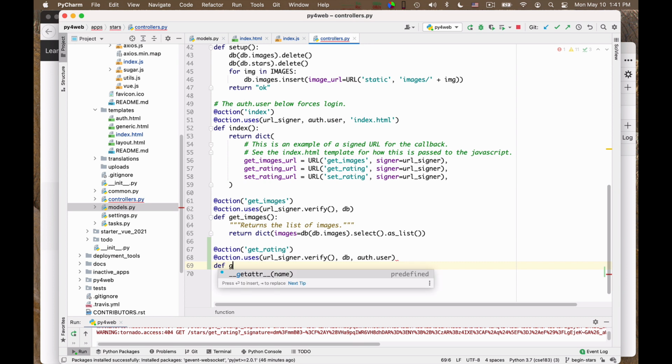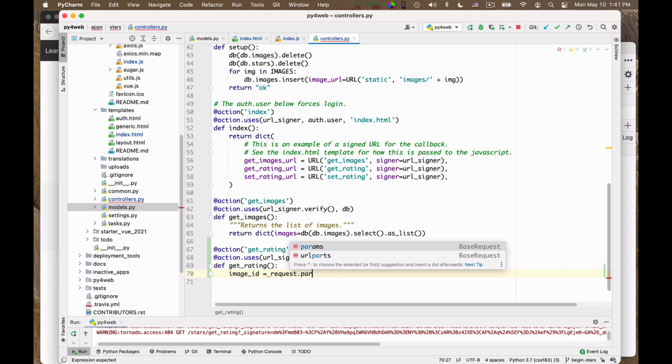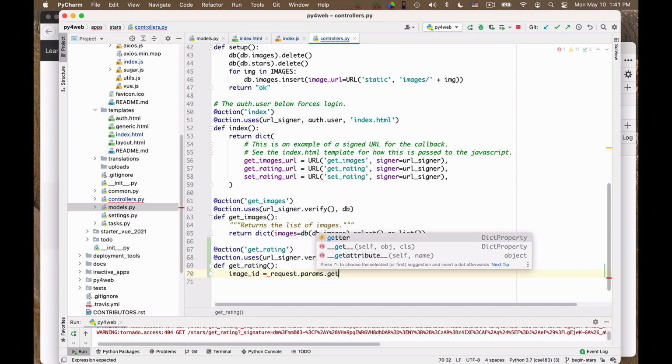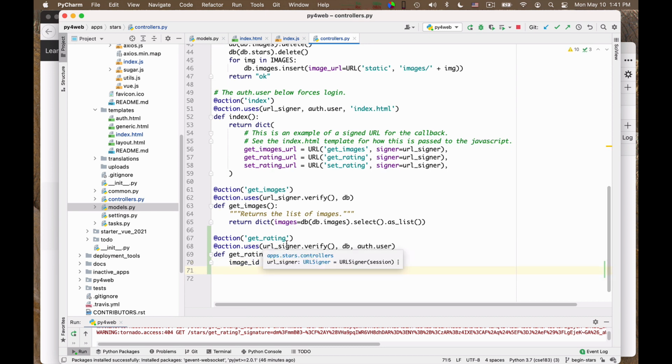Okay, so def get rating, and here we say image ID is equal to request params get of image ID. Okay, so we fish it out of the request parameters. Maybe it would be better to convert it to an integer as well.